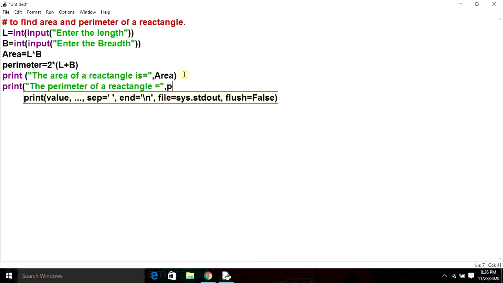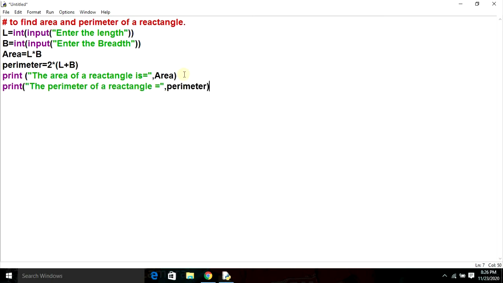Now what have we written? Perimeter in small letters. Now, whatever I have typed inside the inverted commas will print as it is, and this will show the values of area and perimeter.